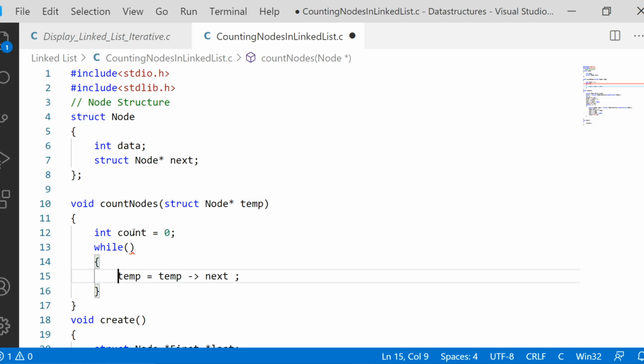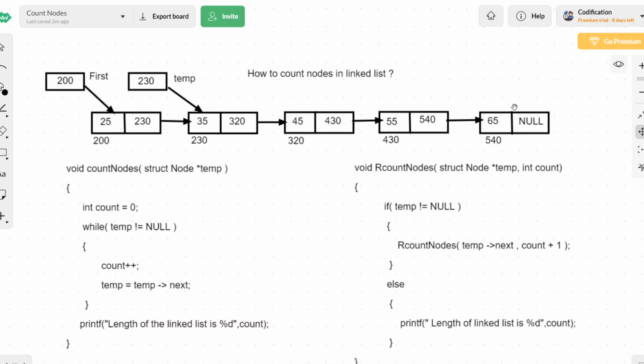When you do not know the finite number of steps, you have to use a while loop. You will keep moving your pointer until it reaches the null position. So temp equal to temp of next, you will keep moving temp until temp becomes null.